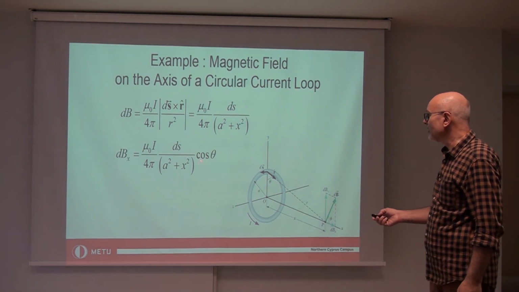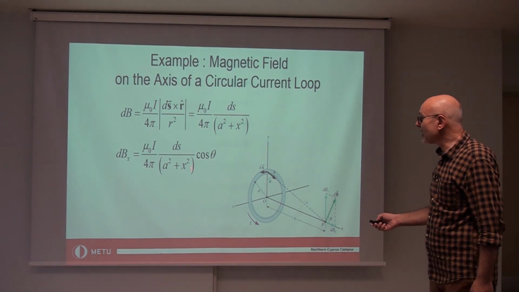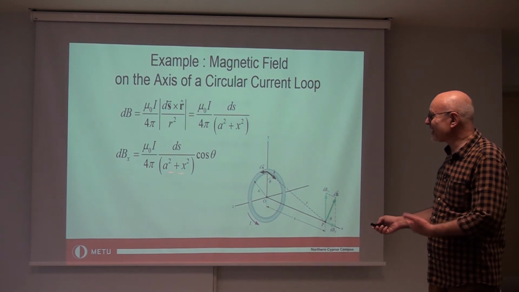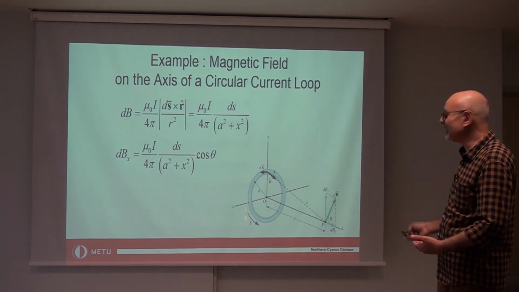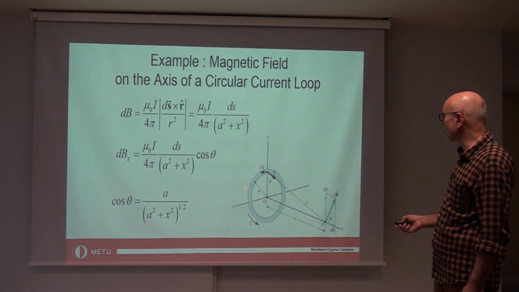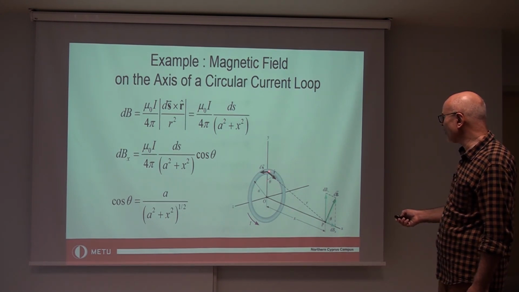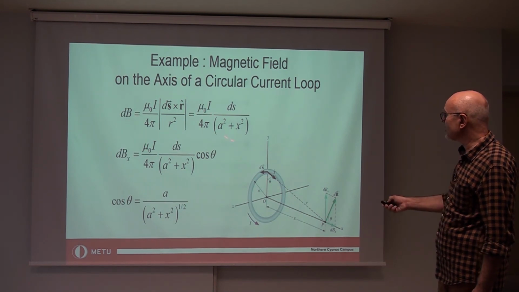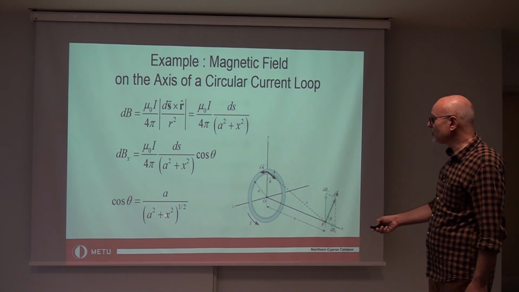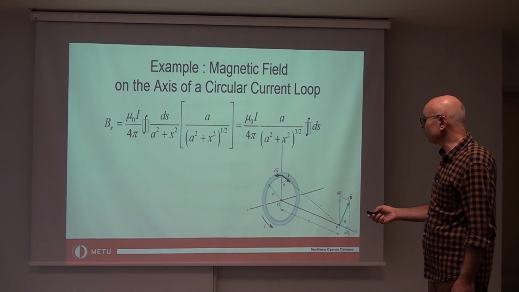So dBx is just dB cosine theta. Now even cosine theta is constant here. Cosine is the same because theta is the same for all ds's. But we can do more, and note that cosine theta can be expressed in terms of a and x. So cosine of this angle theta is just a over r, and r is the square root of this quantity. So you got this. If you substitute this for cosine theta,